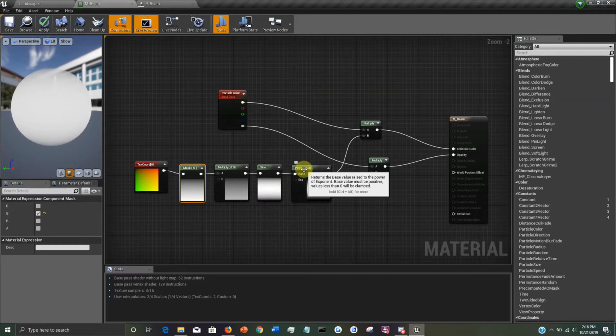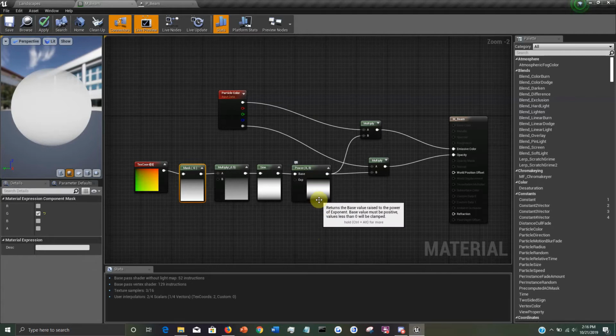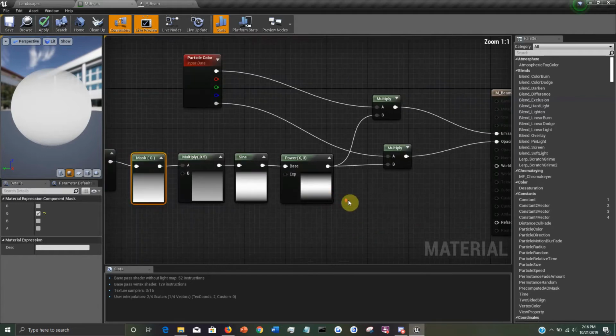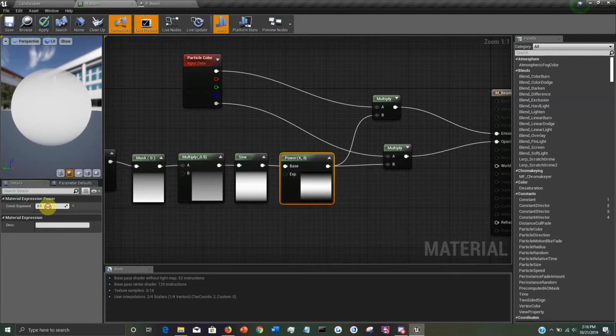The next bit here is a power of 3. The reason that we use power is to control how much of the shadow border is on both the top and bottom spectrum. I know it may be a little hard to see right here. Zoom in. Well, as far as I can zoom in. But to give you an example here, right now it's set to 3, but if I were to increase it even further, like to about 10,